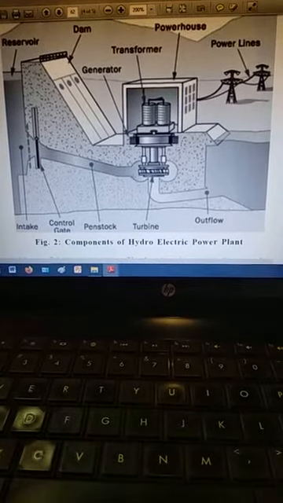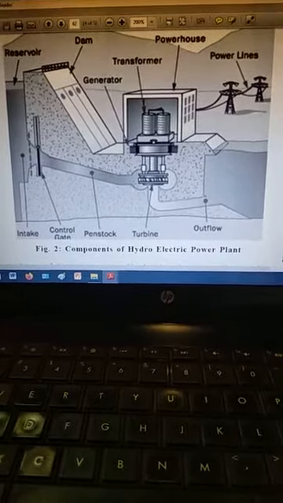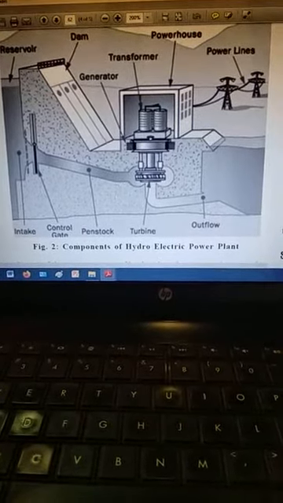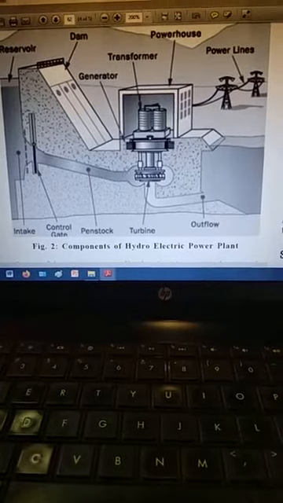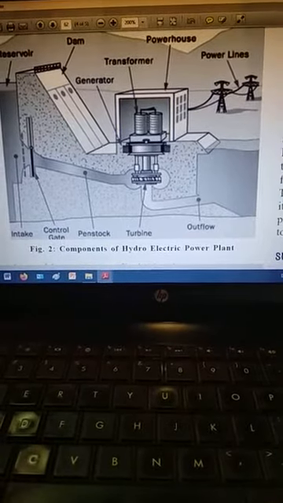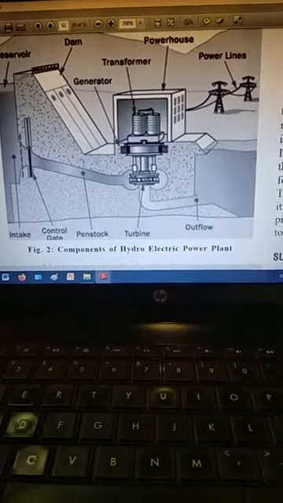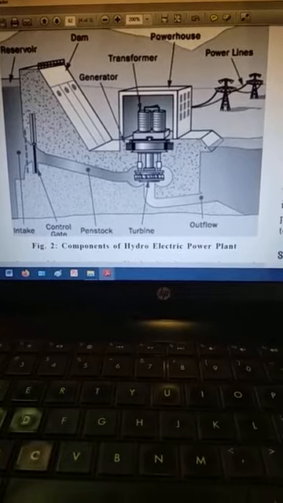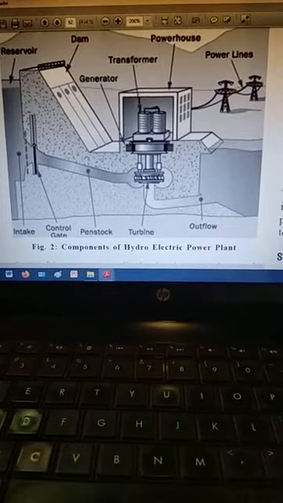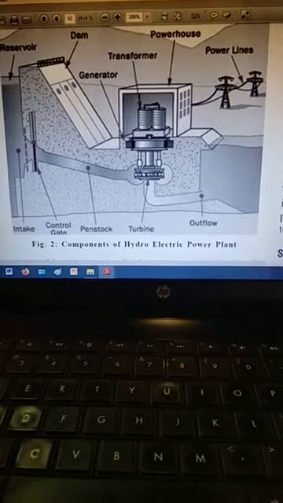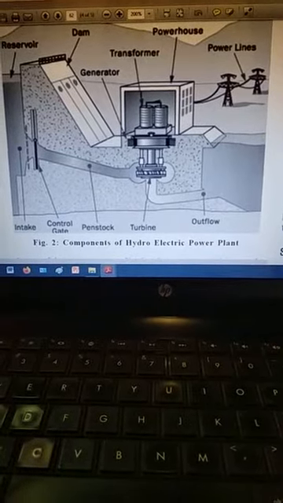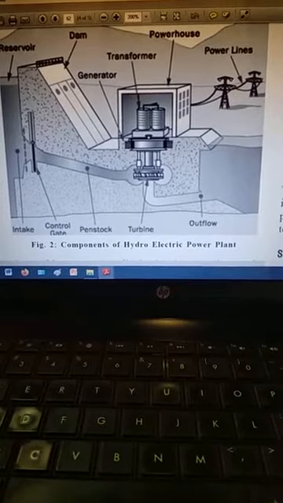And you know what is the function of the nozzle. It converts the high pressure energy of water into kinetic energy. Here is a convergent nozzle. Above the dam it is called the head race, and below the outlet of the turbine it is called the tail race. The difference between the two is called the head of the power plant.